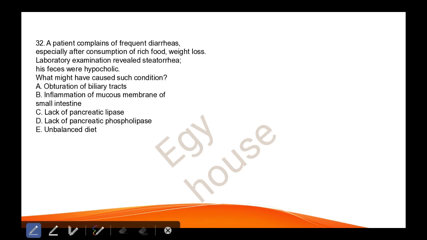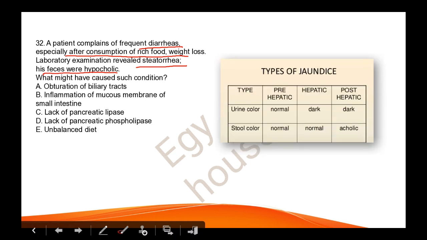Here the patient is having diarrhea after consumption of rich food. See, here rich food is mainly because of lipid consumption. And the examination revealed steatorrhea. If you remember from our last video, I explained steatorrhea in the first question. It was a condition where there are lipids, or the presence of undigested lipids in the stool or in the feces. The feces were hypocolic, and you can think of jaundice when you see steatorrhea, and the change of color